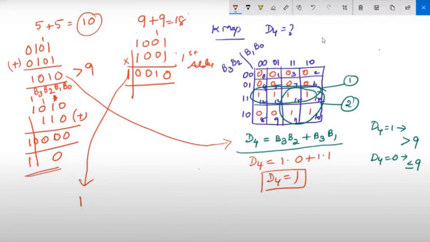We got 1 now. Now what about the other 4 bits? Actually it should be 8, but we got it as 2. So what we have to do now? We should check with your D4. Is your D4 equal to 1 under this condition? 0, right? It is not equal to 1. If it is not equal to 1, what happens? It tells us we are not supposed to add 6. But is the answer correct? No, because we need 18, but what we got is 12.